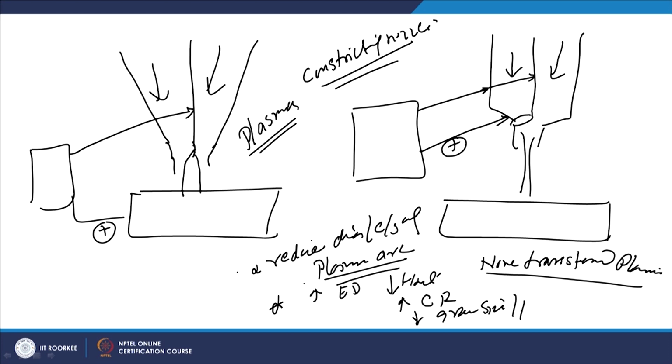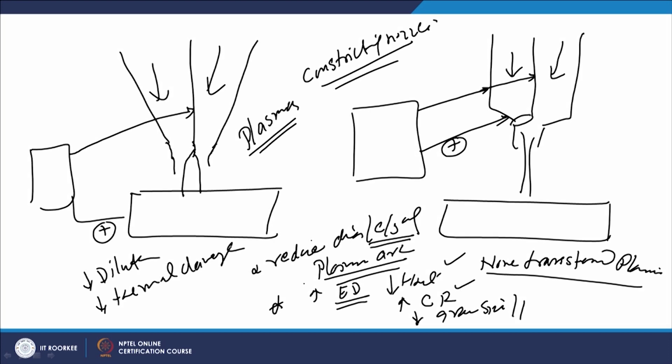Due to the constriction of the plasma in plasma arc welding, we get a higher energy density due to the reduced cross section of the plasma. Higher energy density reduces the heat input required for weld surfacing. Reduced heat input helps in a higher cooling rate, and this will refine the grain structure. Apart from the reduction in heat input, the increase in energy density will also reduce the dilution level, and reduce the thermal damage associated with the weld thermal cycle.